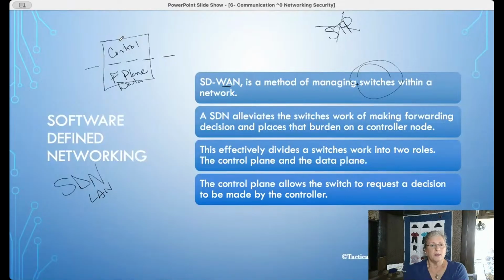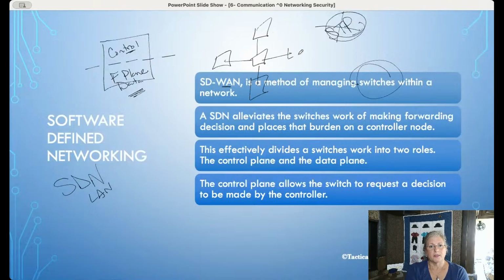With switches, what they are good at is forwarding frames. They're very good at forwarding frames. What they are not good at is making any kind of decisions, which is why we've had to hold on to spanning tree protocol, because they can easily create loops. If you have a network of switches, and you have all kinds of different paths to get around that network, you can easily, without spanning tree protocol,